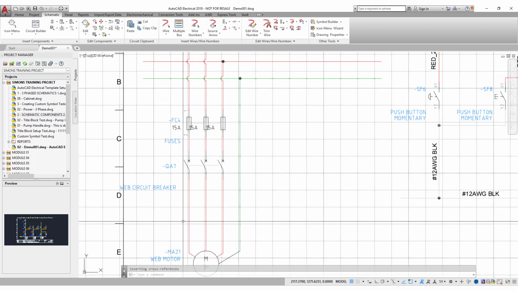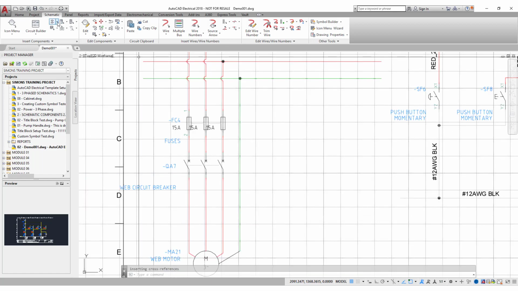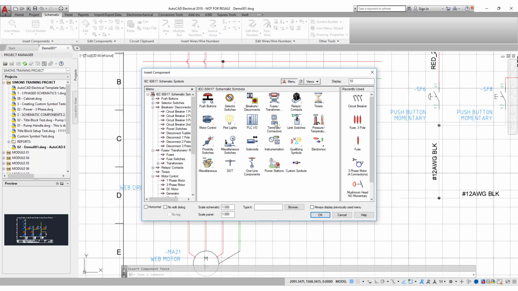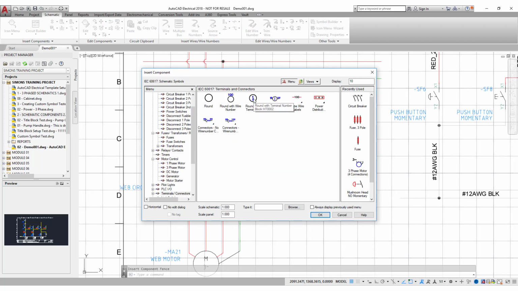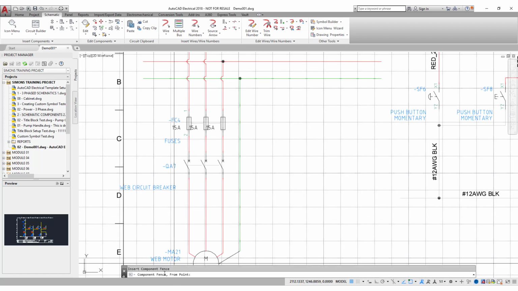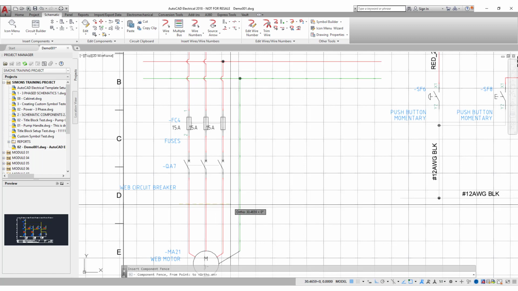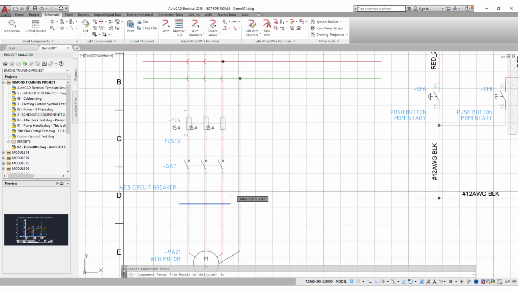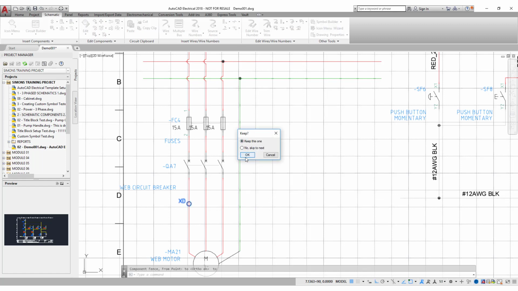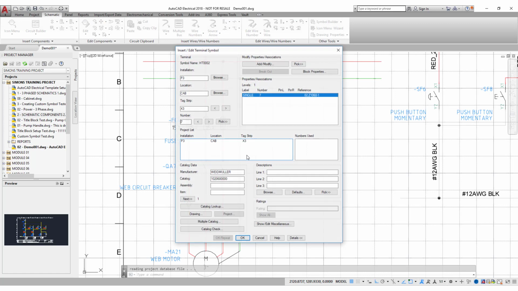Okay, the next thing we're going to look at is the multiple insert from the icon menu. What we're going to do this time is select a terminal, a round width terminal number. It's asking then to do a component fence, so we can do a fence. You might want to use auto mode for this. You can select fence across wires, you can right click and we can set to keep this one, and it